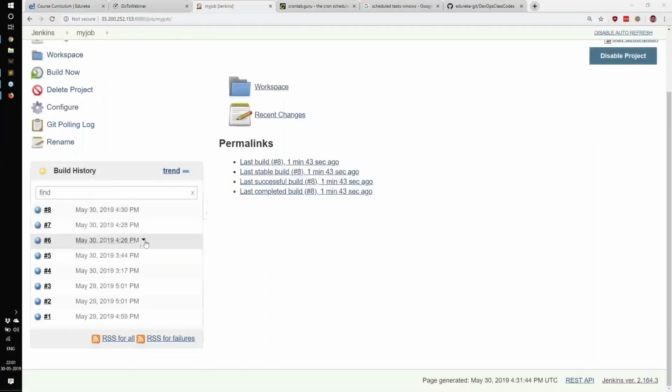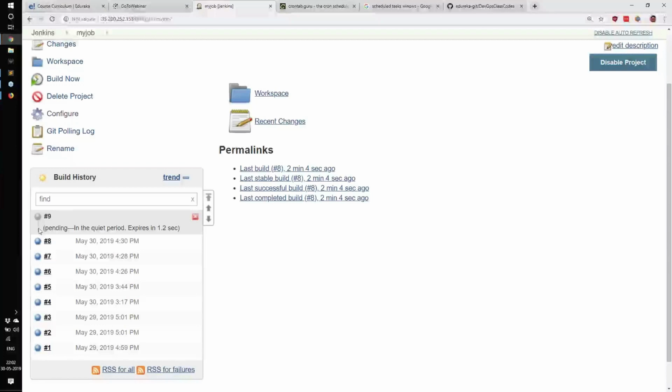Cool. So we have 4:26, 4:28, 4:30. Now last build was run 1 minute and 54 seconds ago. So I'm hoping this poll SCM would run in 6 seconds. Now we'll wait for the page to be refreshed. Now you see there's a new build, right? Now if I look at the logs,